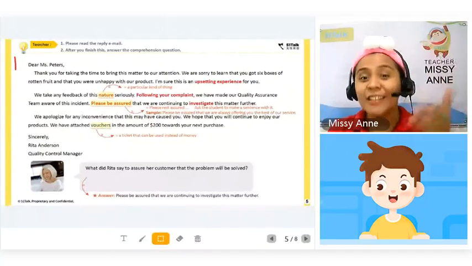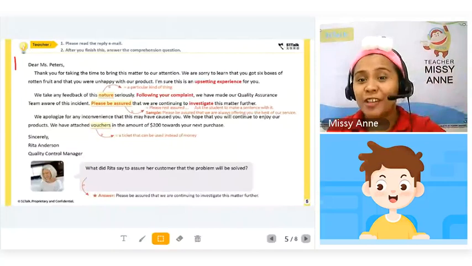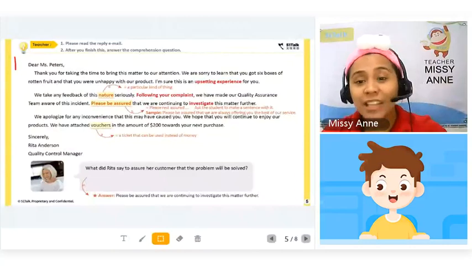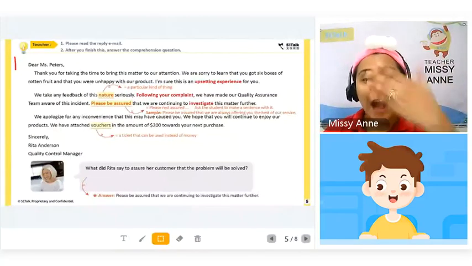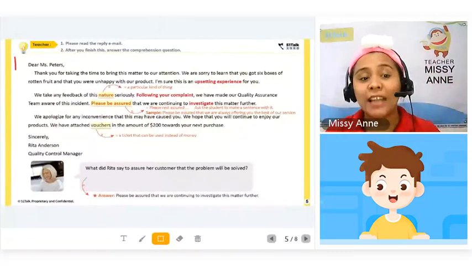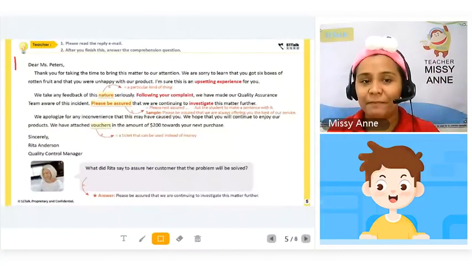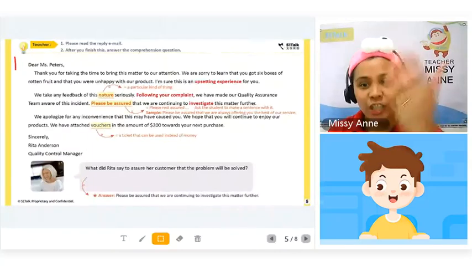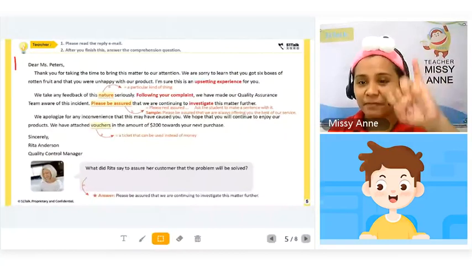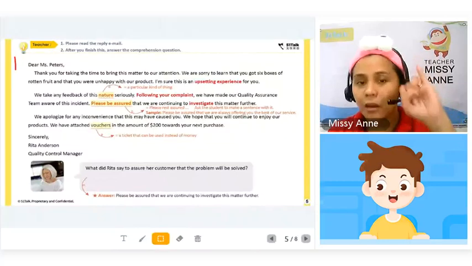So this is the response of the customer care service or the manager to the complaint sent by Jenny in the previous page. Okay, so based on the response, Fiona, how do you think Rita managed or addressed the complaint sent by Jenny? How did she deal with the complaint? You see how do I feel this complaint? Yes.